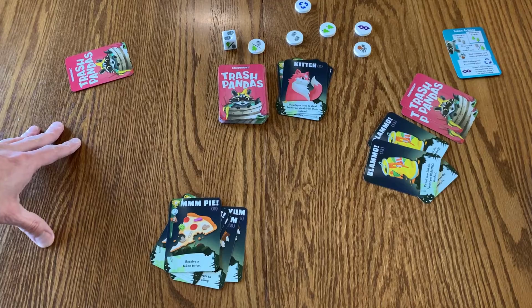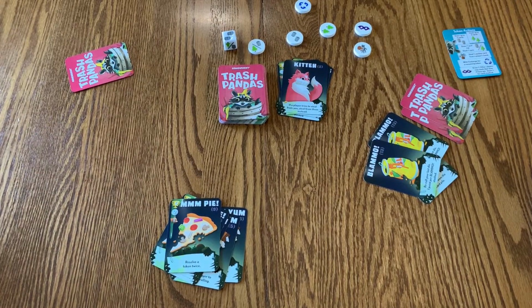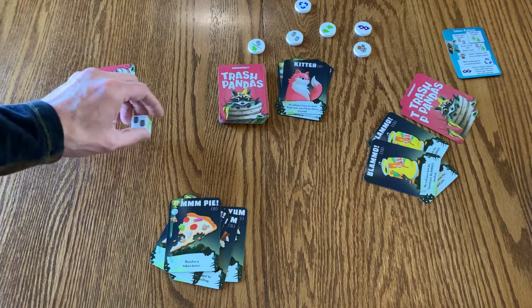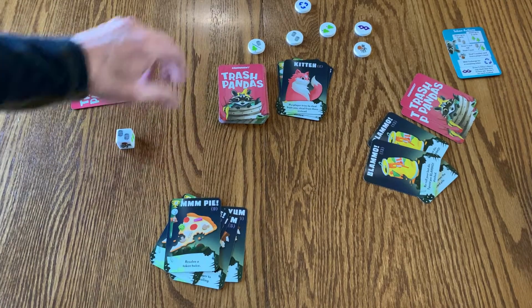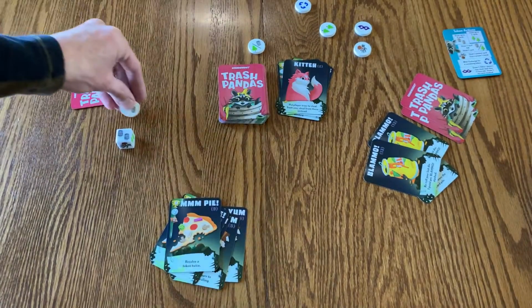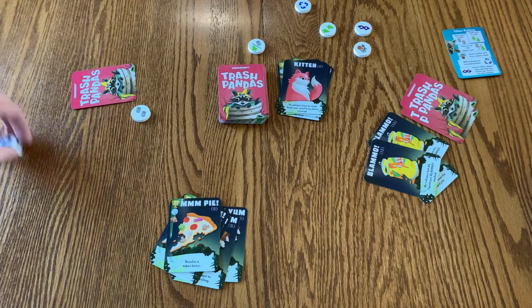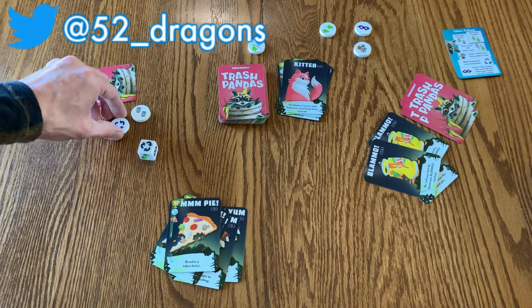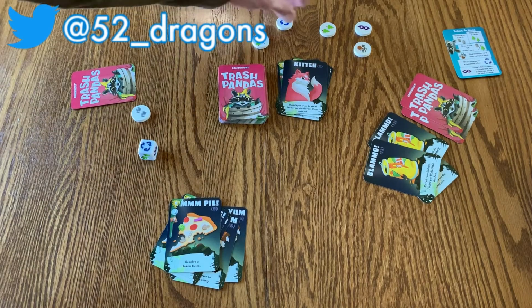Player 2 has no cards in hand. 1 card stashed. So player 2 rolls, draw 2, or take a draw 2 token. Player 2 is going to go once more and recycle, and that's where player 2 will stop. So player 2 would trade in that recycle for